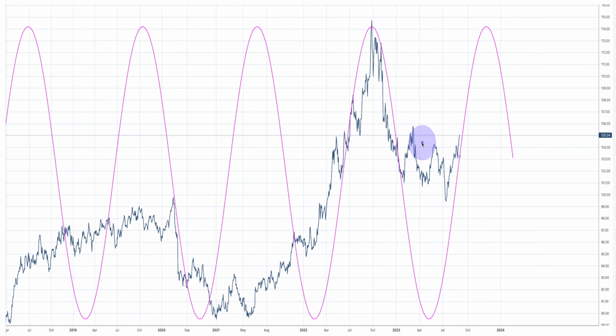So it's not just going to go straight down to next year. It's going to do the back and forth. It could just consolidate and then decide to go down. So there are a lot of paths it could take. But right now, the daily cycle is up to November 22 of 2023.